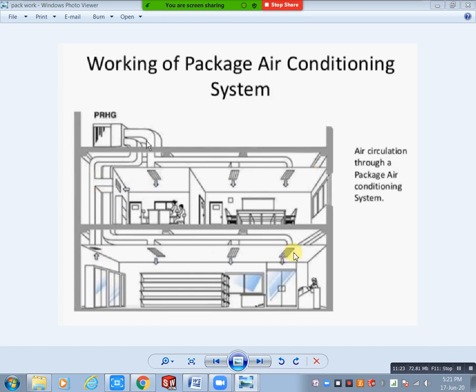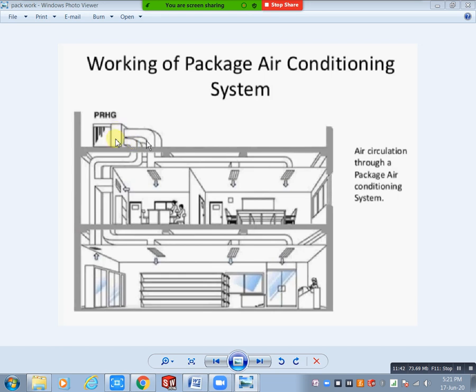Presently we already have an easy process opening here. That's why you will give the opening here. That is better. That is only one possibility for exhausting purpose, I am saying. Okay, and the fresh air duct you will give the opening here. That is better. Okay. This is the entire routing normally.